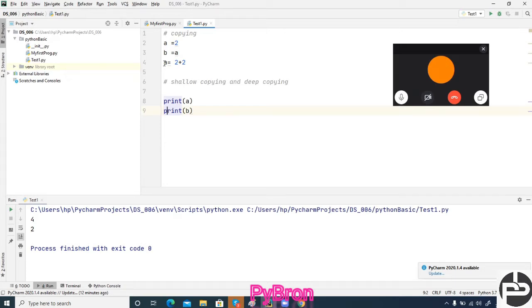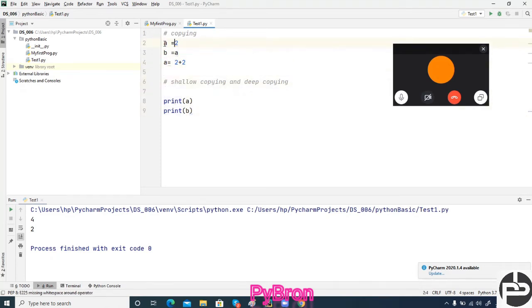Am I making sense to you? You have to understand the sequence once, meaning where we are initializing. See, in line number 2 we initialize the value of A, and then in line number 3 we assigned the same 2 to B, and in next line number 4 we changed the value of A. And afterward, are we initializing B? No, we are not initializing B. So that's why the value of B is still 2. Hope it makes sense. Yes.